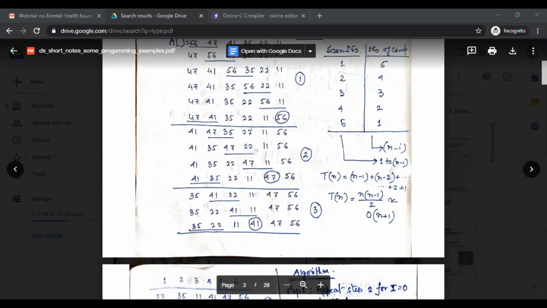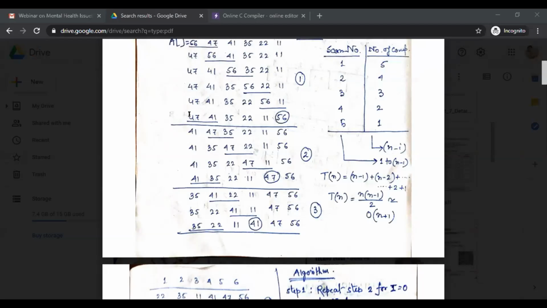So 0 and 1, see, 47 is greater than 41. Obviously, interchange is there. And the remaining part is same. We are not bothered about this one because this is already placed.